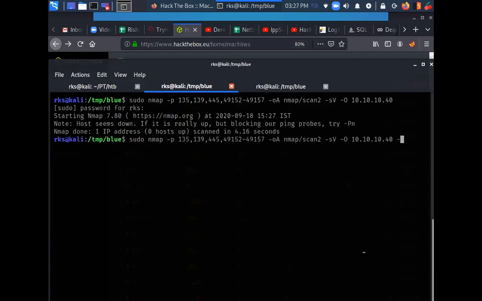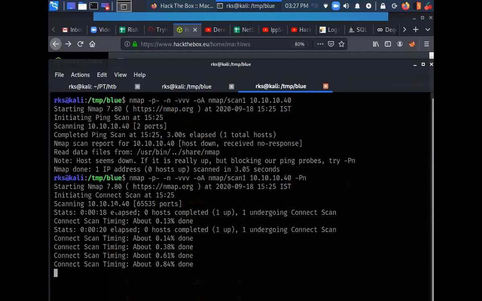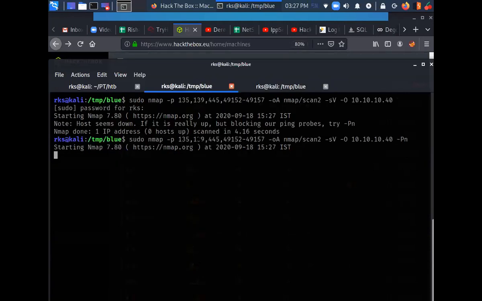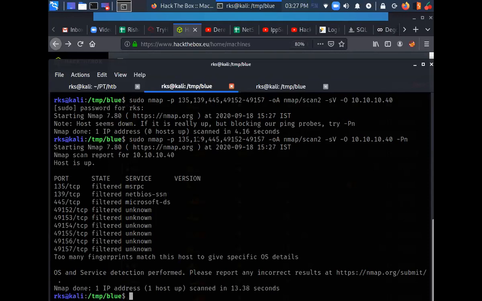Okay. It's only 0.84% complete. Okay, it says filtered. So there's some issue with the scan. Let's run it again.